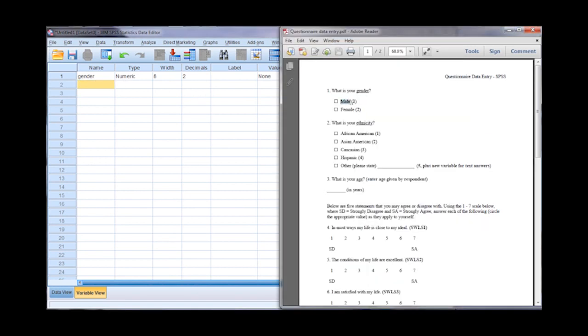Now notice I have two options, male and female. When people respond that they're male, I need to enter into SPSS some number to indicate that. We always want to enter numbers whenever possible in SPSS because, for the vast majority of analyses, SPSS performs statistical analyses on numbers, not on words.